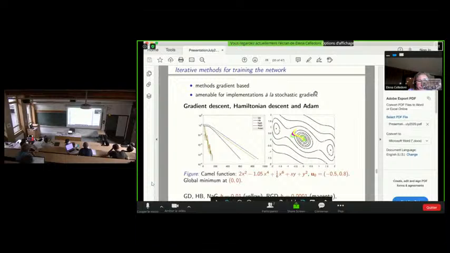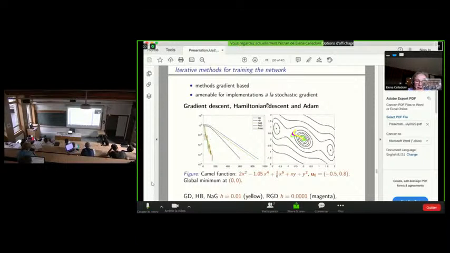Another thing which is very important with gradient-based algorithms is that they can be implemented in a stochastic gradient fashion, with the advantages about computational cost that I was mentioning and that were mentioned yesterday as well. So gradient-based is important.